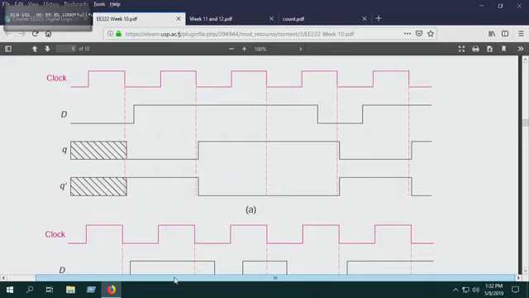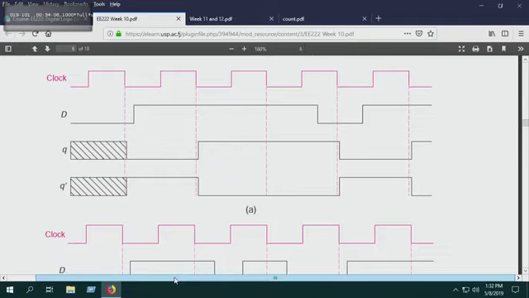But generally, it changes. Now you'll say, hey, D went high because D is being set by the user. D is the input into the flip-flop, and it is being set by the user. Then at this falling edge, D was considered to be 0. From there on, every falling edge, they look at what D is at that intercept, and then they change Q and Q bar accordingly. Obviously, Q and Q bar will always be opposites of each other.